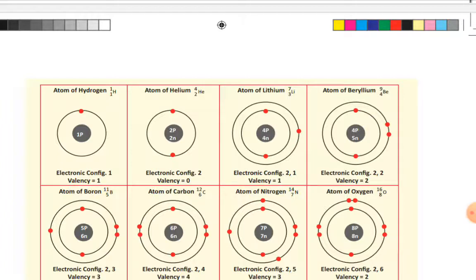Then lithium, atomic number 3, mass number 7. So that is the number of protons. Here it is given 4 protons, that is wrong. Only 3 protons should be there. 3 protons and 7 minus 3, 4 neutrons. So 3 protons, 3 electrons are there. So you have to distribute these 3 electrons in the atomic orbitals using the formula 2n squared. 2, 1. Valence is 1. Similarly, beryllium. Many examples are given up to